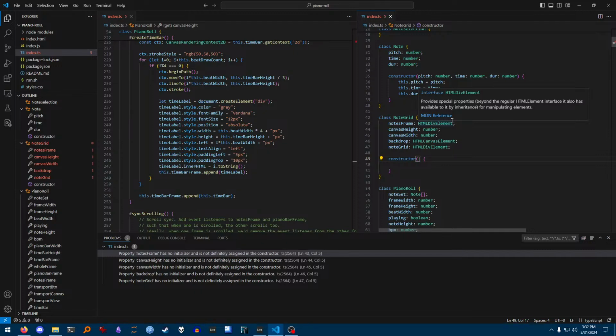It's something like that. I don't know how to explain it, but it actually makes a lot of sense, and it makes a lot of things really clear. So I think basically all we're going to be doing here, we're going to have our notes frame